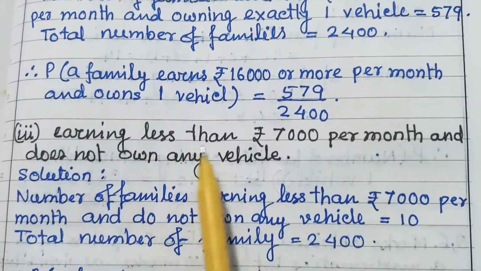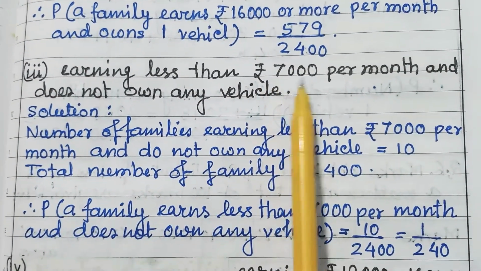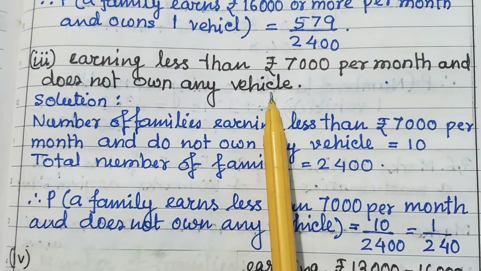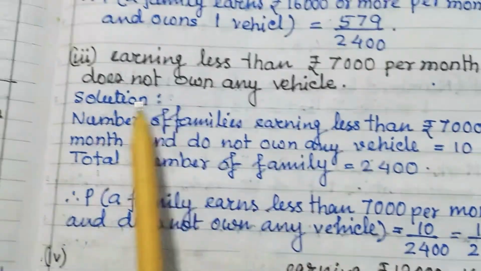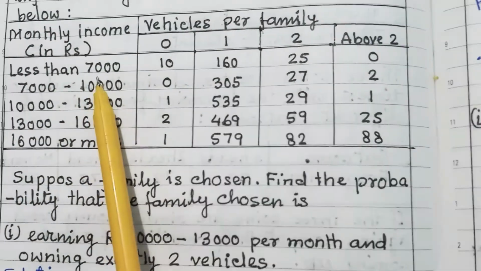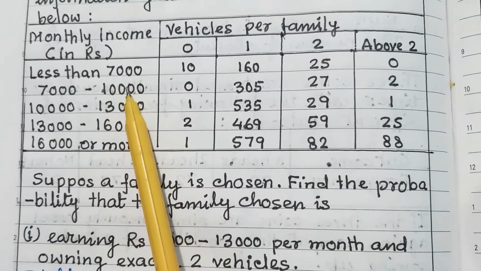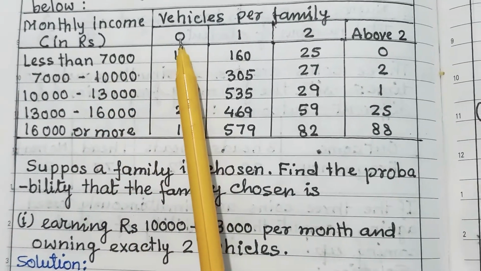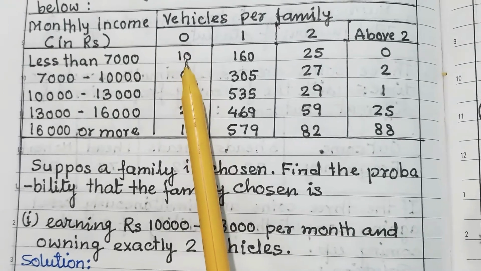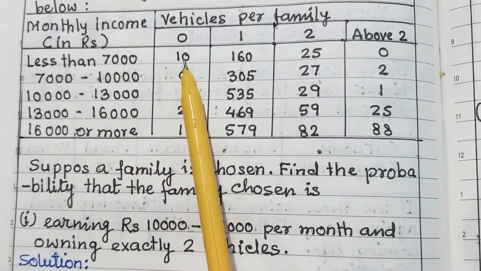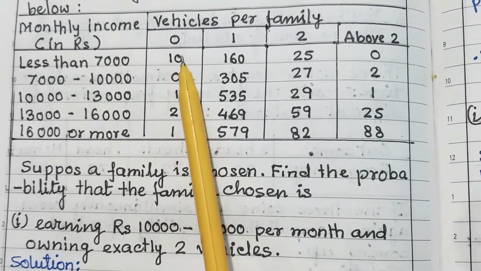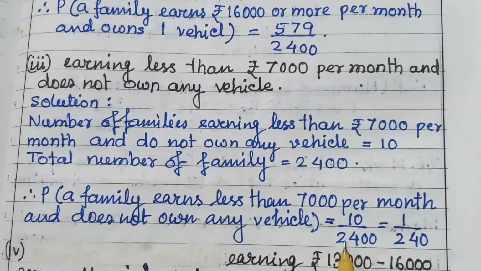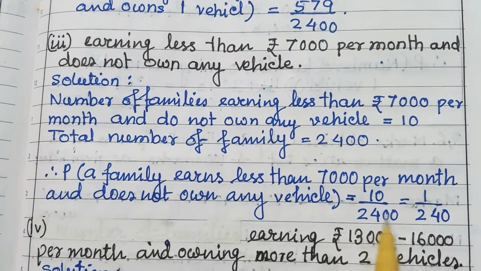Third part is earning less than rupees 7,000 per month and does not own any vehicle. Now check it. Income less than 7,000 and has no vehicle. So it is 10 only. You have to check this one. So it is 10 families. So the probability is 10 out of 2,400, that is 1 upon